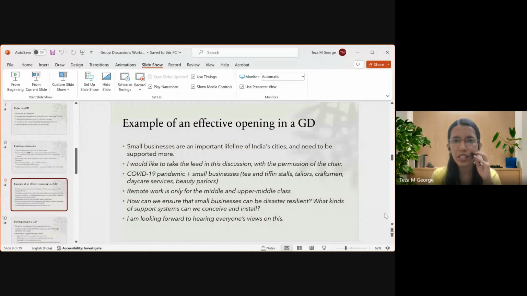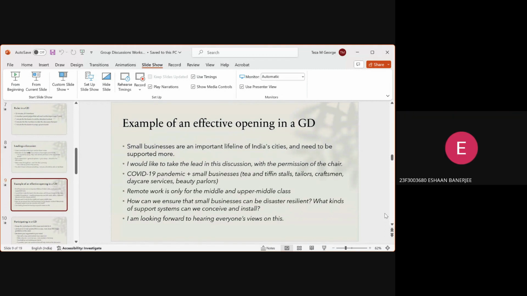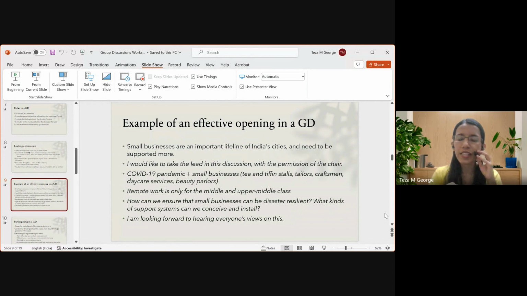What is resilient? Yes, something that can fight against something, that can resist something, right? So here you are looking at a scenario where small businesses should be made resilient to disasters and epidemics or pandemics, right? What kind of support systems can we conceive and install so as to make small businesses more resistant,